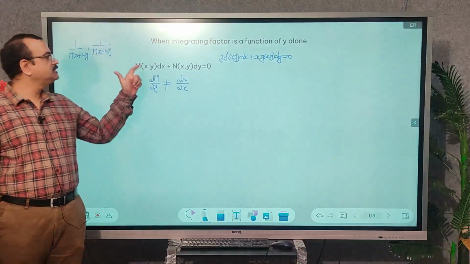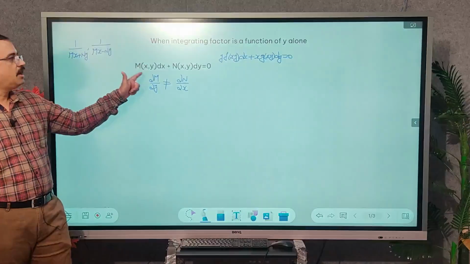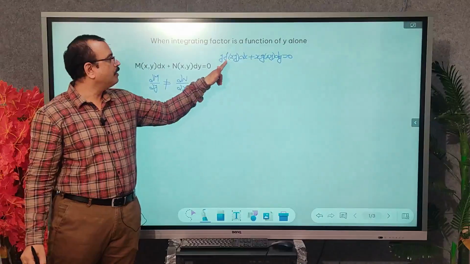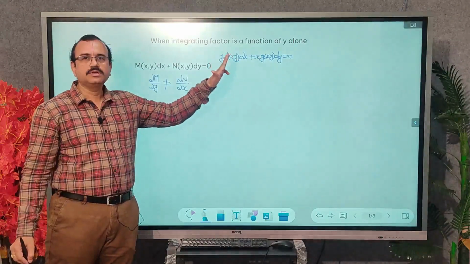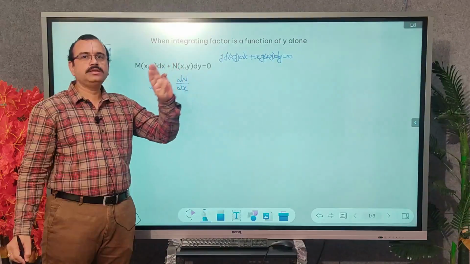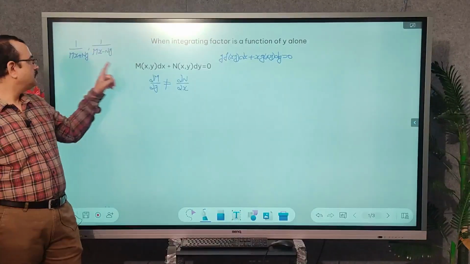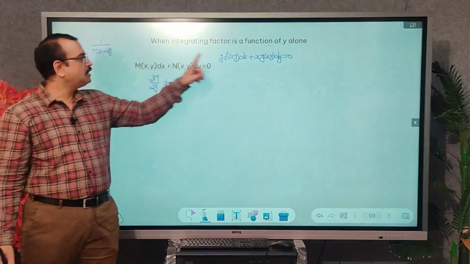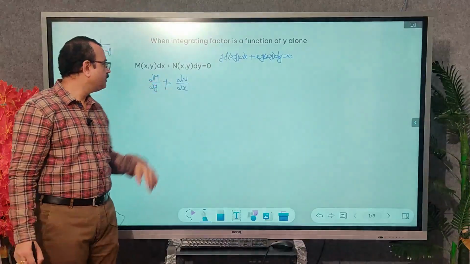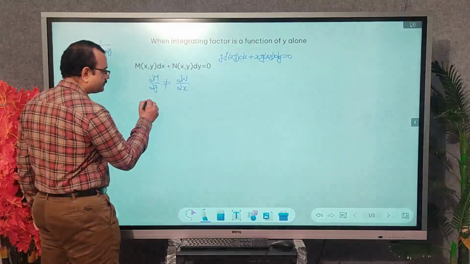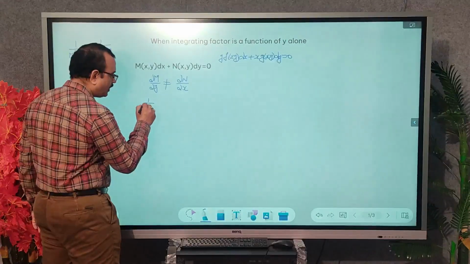Second point, it is not homogeneous and it is not in this form y into f of xy. The DE fails to follow these three: not exact, not homogeneous, not in this form. Then we need to check